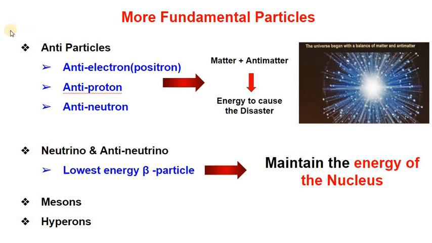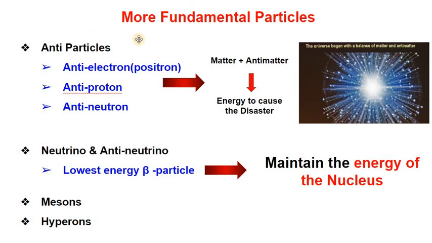Then let's discuss a lot of other subatomic particles, like antiparticles. This is not the name of any particle; this is a class of particles. Antiparticles include the anti-electron, which is also called the positron. The story of antiparticles is that in 1928, Dirac, whom you know from Fermi-Dirac statistics,